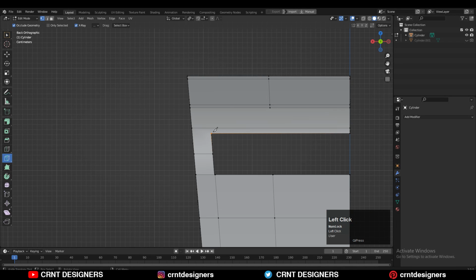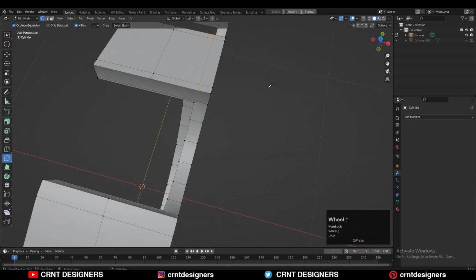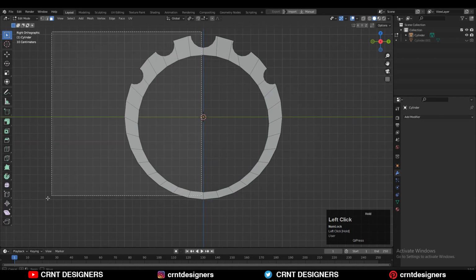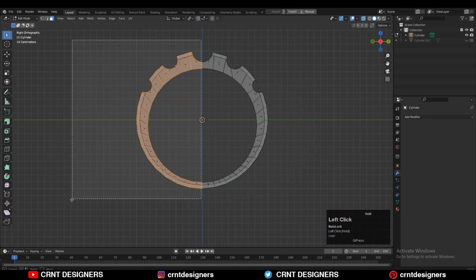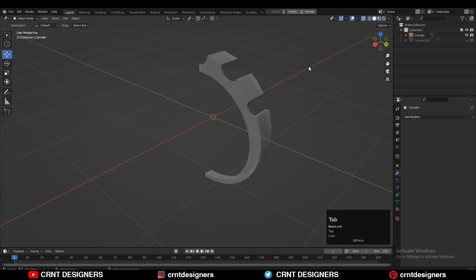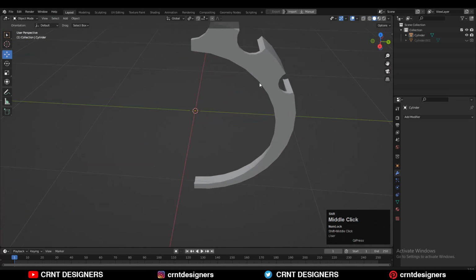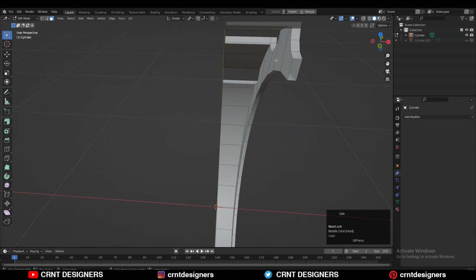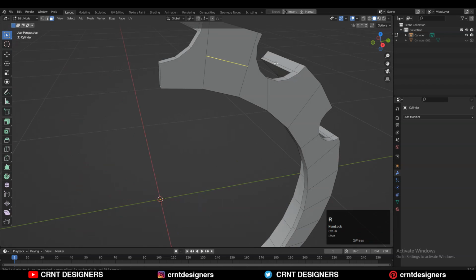So just here I'm using the knife tool to create that cut, and then you can select these verts and then right click connect vertex path, and then you can select these faces and you can delete the one half of the model one more time. And now just we need to focus on this model, on this part, so we can create that right topology and we can take the symmetry.